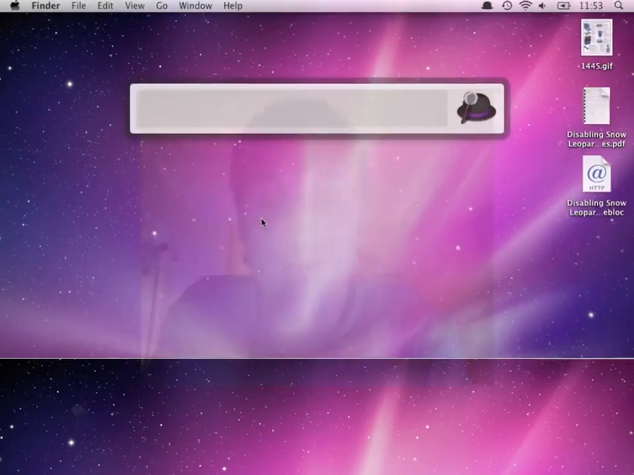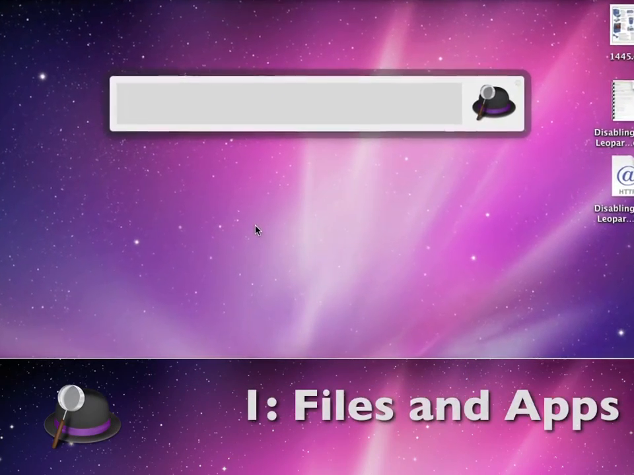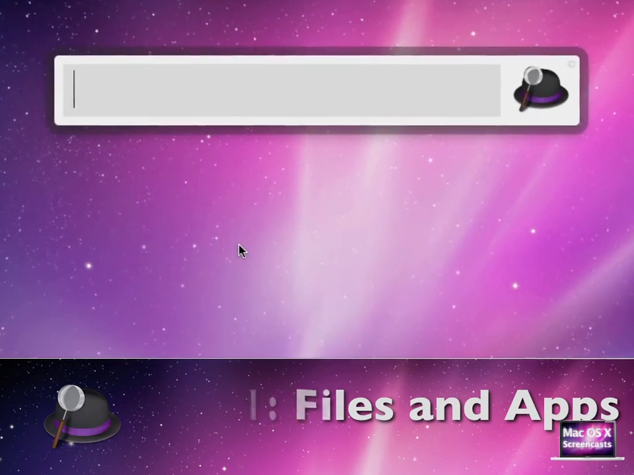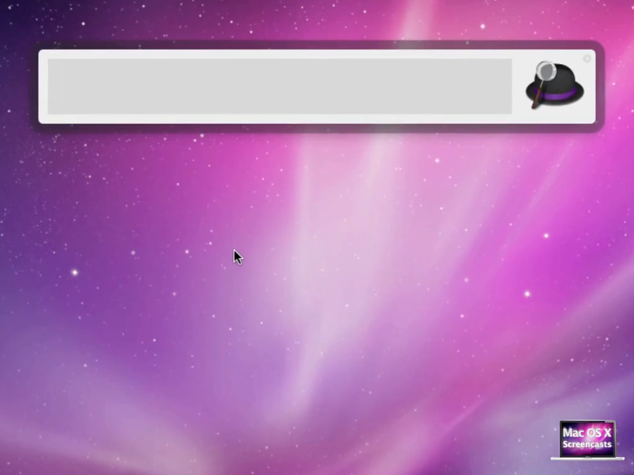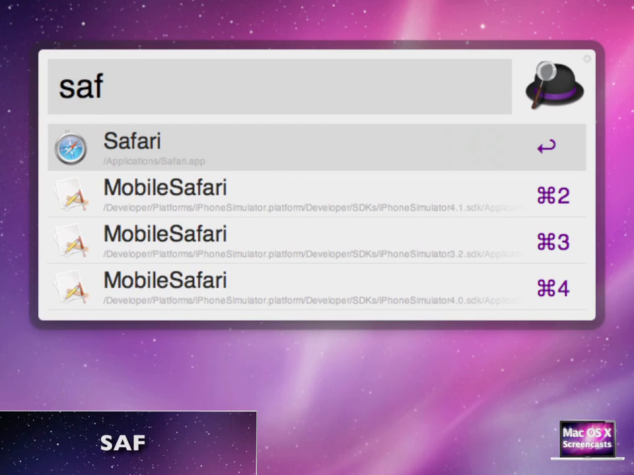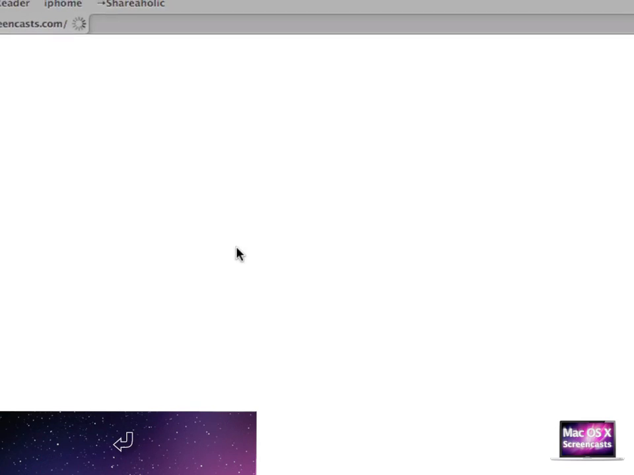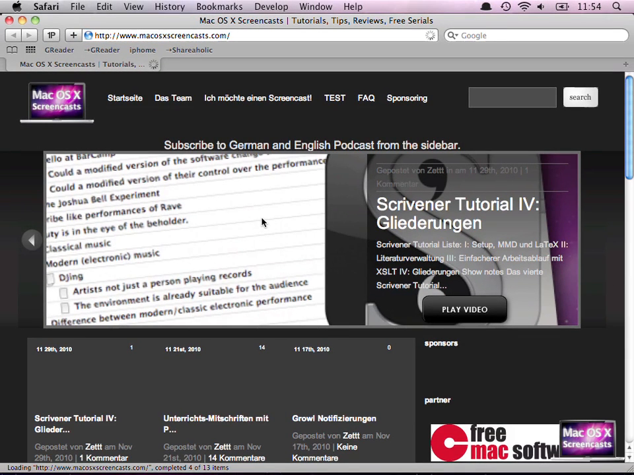Alfred is a simple application launcher like every other application launcher out there, with a couple of differences though. First of all, an application launcher launches applications using abbreviations. For instance, I can simply type SAF to launch Safari. Now when I just press return, a new Safari window opens, loading macOS 10 Screencast.com, my personal homepage